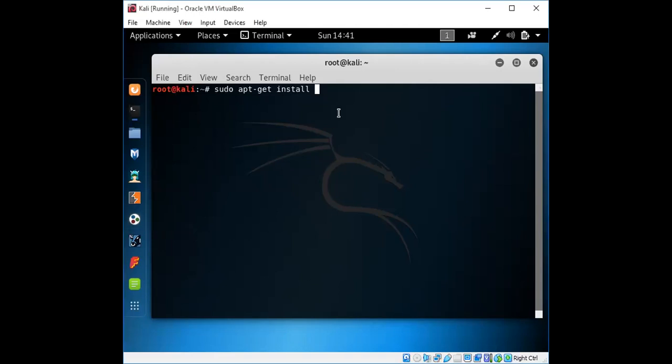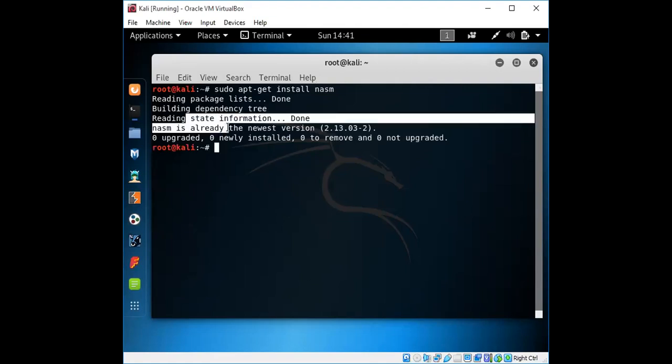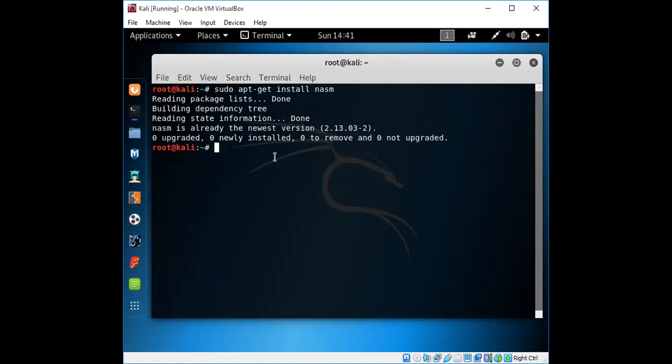Okay. Sudo apt get install nasm. It will start downloading. If it is already installed, it will show the updated version, and that will be shown.